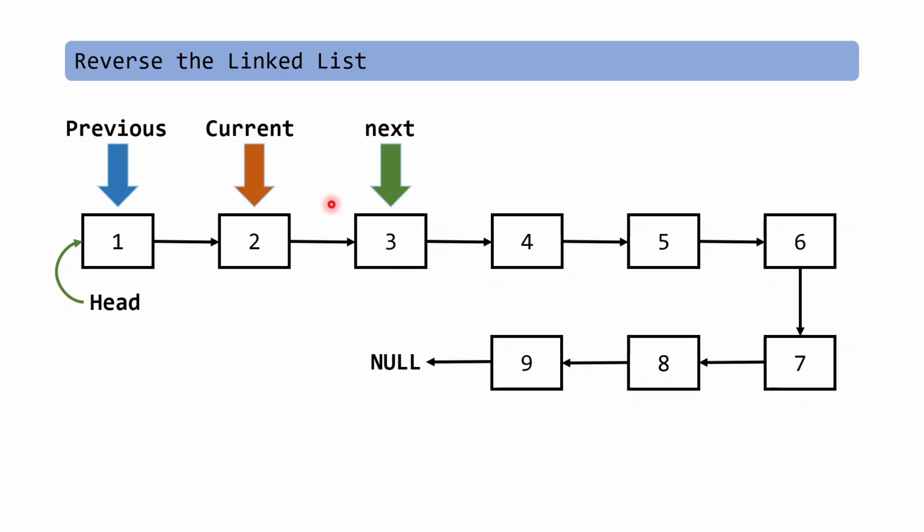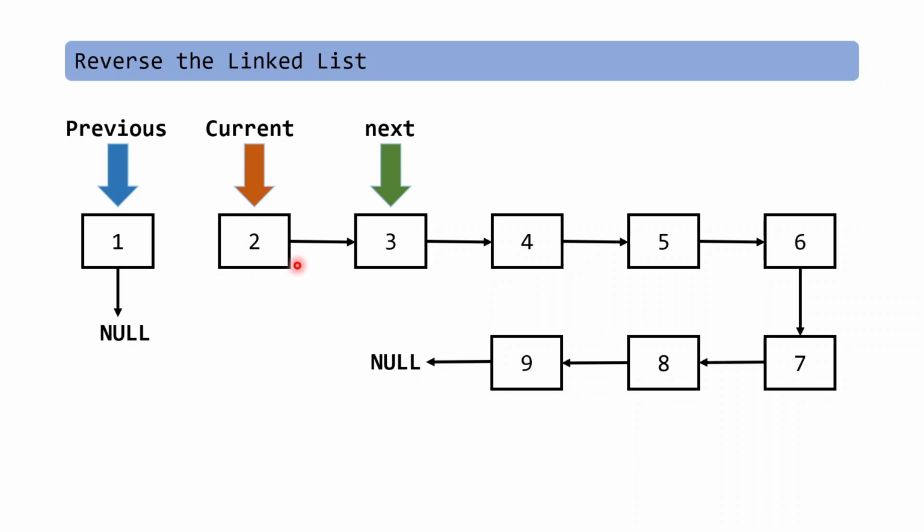So after we reverse the list, this will become the last node. So the pointer of this node should be equal to null. And how can we access this pointer? We can access this by head arrow next. Let's say in the structure I am using next as a variable, so I can use head arrow next equals null to make this pointer equal to null. So after I execute this statement, this pointer will look like this, and here we don't have a link between 1 and 2.